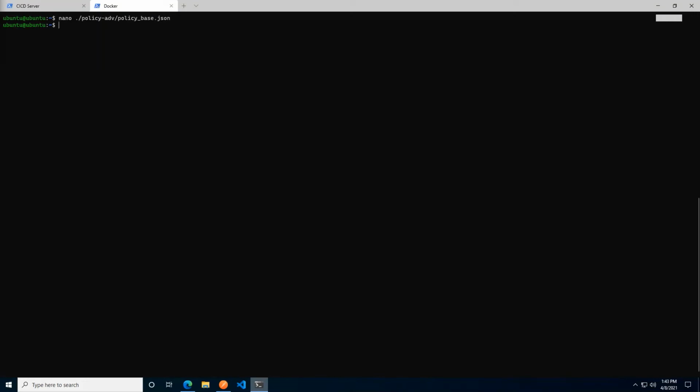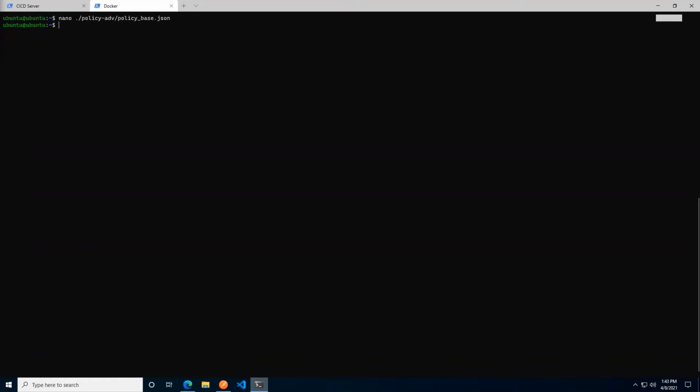Does that mean that it's immediately reflected? No, it isn't. In order for it to be reflected, we need to make sure that it's pulled in. Now, this is mounted in as a volume. As a matter of fact, I think all that is required now to reflect this change... The lab guide will ask us to respin up a container in its entirety. I don't think we have to.